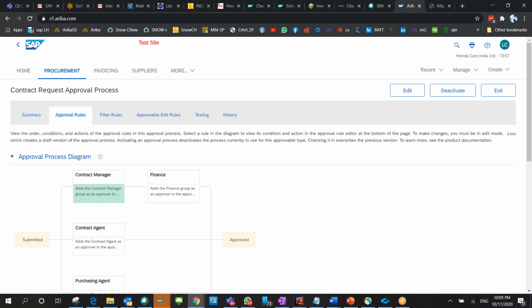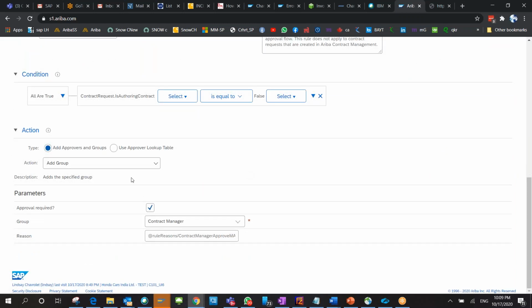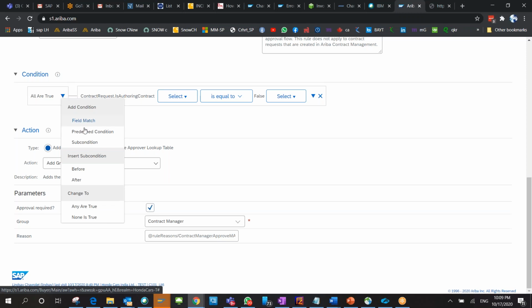So we need it to be in edit mode, not in view mode. First of all, we need to click on edit. Perfect. Once you click on this edit mode, see, just a simple word. What you can do is